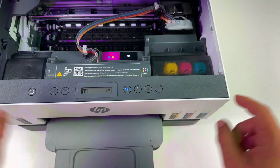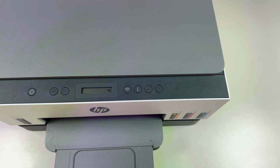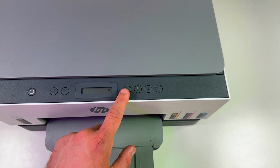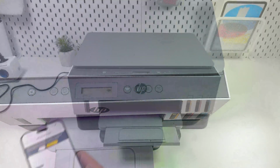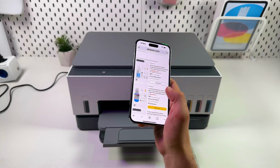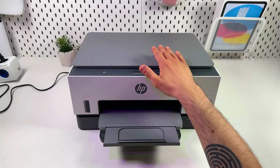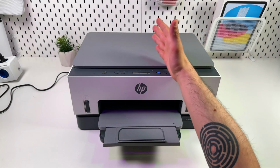Like this. Now release the buttons, close the ink access doors, and the printer will restart and reset. Then reconnect it to Wi-Fi using HP Smart application and try to print something once again. Also, somebody might advise you to buy printer cleaning kit somewhere on Amazon and try to clean print heads yourself manually, but I strongly do not recommend you to do this because it's not exactly easy to take apart a tank